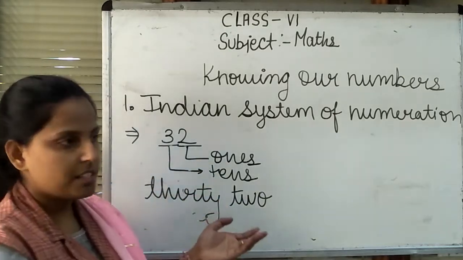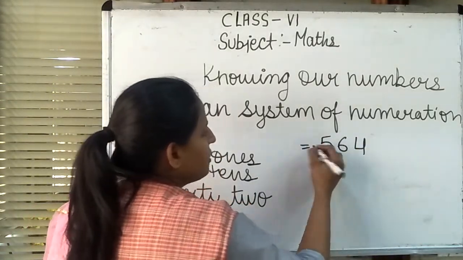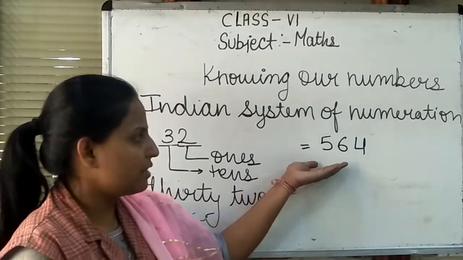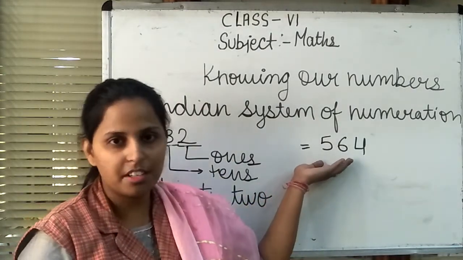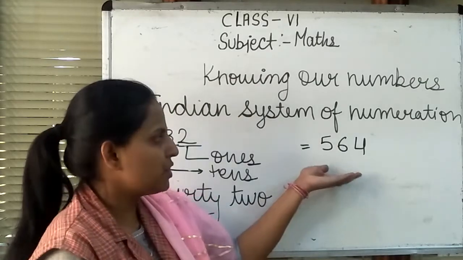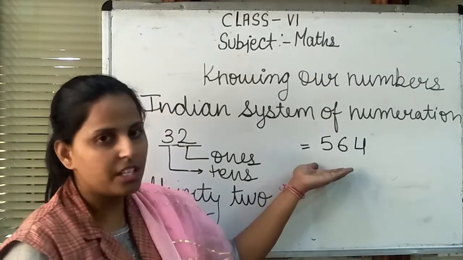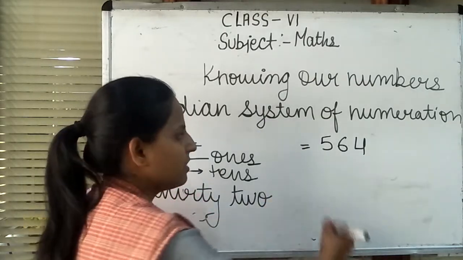Now we are moving to the next number, a three-digit number, like 564. At home we always use 500 notes, 100 notes. We use them as money for purchasing anything. So we use money such as 100. Now 500 rupees are there. So now how to read, how to know the 500?